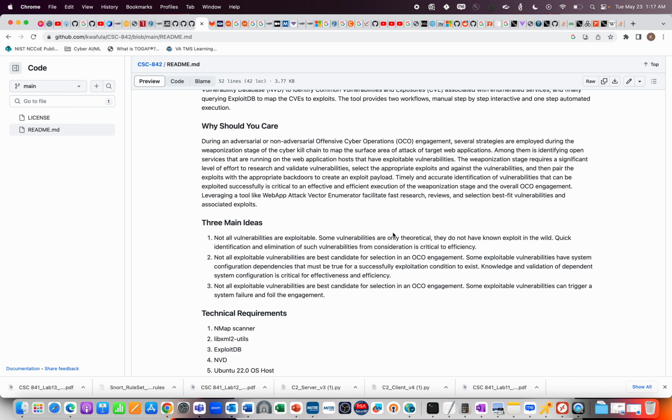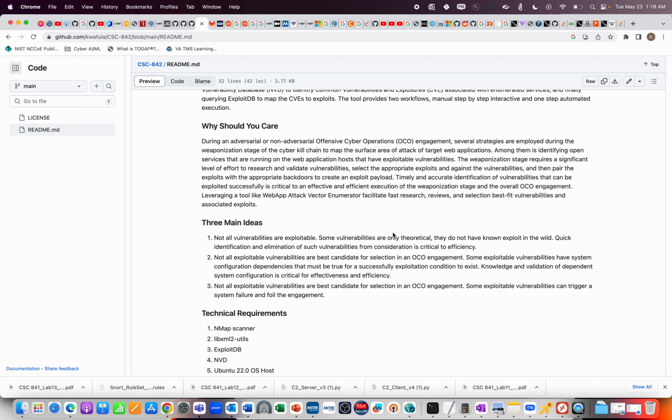But are there any dependencies? Just because a system is vulnerable, are there other configurations that must be true for me to be able to successfully exploit that vulnerability? So it's good to know during the research, and if you have a weakness that has a lot of dependencies, you kind of want to put that on the side and maybe cycle back to it later on if you have no